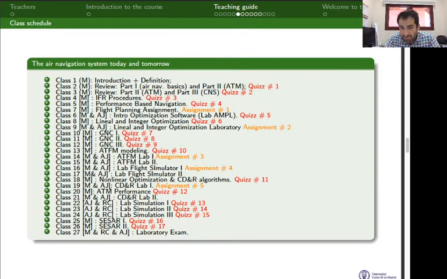We should have 28, but this year we cannot recover classes. So in the end, I ended up with this schedule, in which you have today introduction plus definition. Then we have 2 classes devoted to review. Review is a review of what some of you already know, but is part of the subject, right? We'll have quizzes or tests associated to those 2 lectures on Thursday and next Tuesday, and you'll